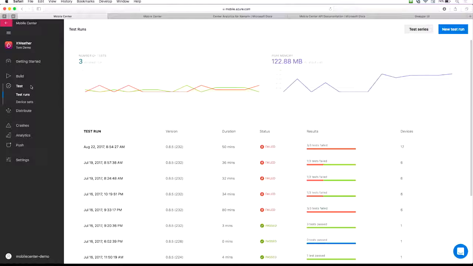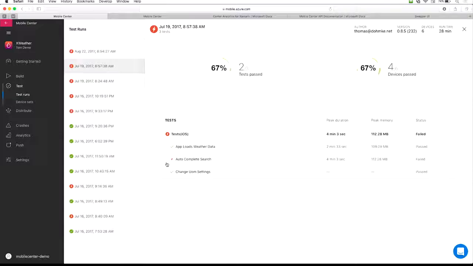But what we have, if you've heard of Xamarin Test Cloud, we've kind of moved that over, and we now have Mobile Center Test, and you can run all types of tests on multiple devices. So to drive that point home, let's look at one real quick before we go through all the options you can have. So this is a test series that we ran that has 2 or 3 tests that pass, and